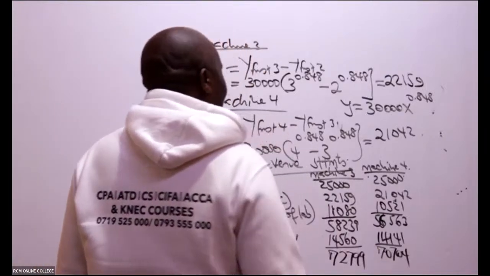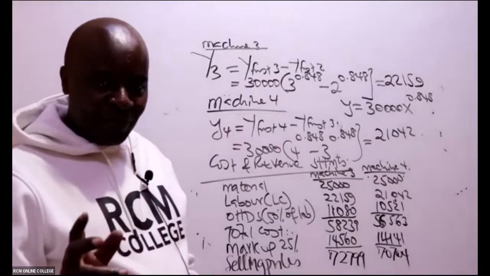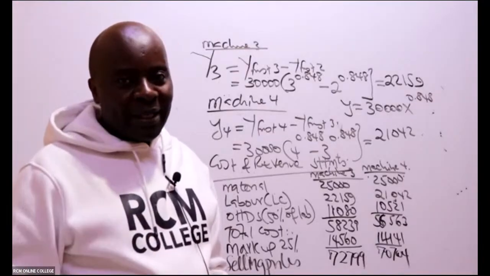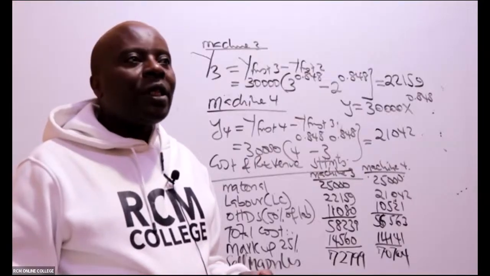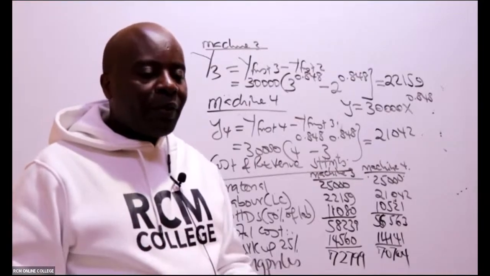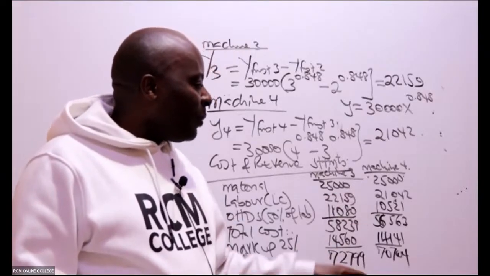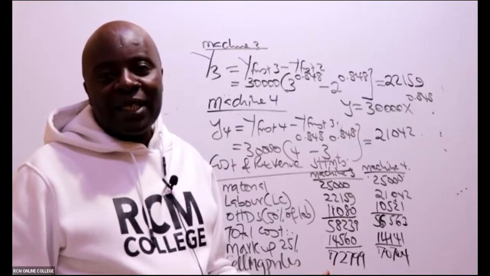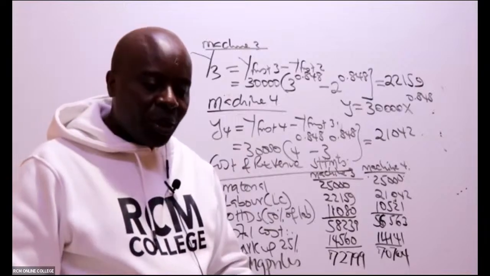But now, ladies and gentlemen, these machines are going to one customer. Here the examiner wants to trick you to deny you the mark for the final answer. So will you tell this customer that because of learning curves, this one machine I'm selling you at 72,799, and then the other one at 70,704? It doesn't make sense. That's why you need to average and tell this person that we are selling to you these machines each at one price.